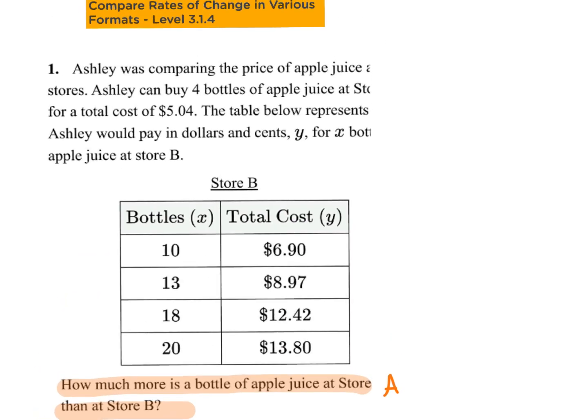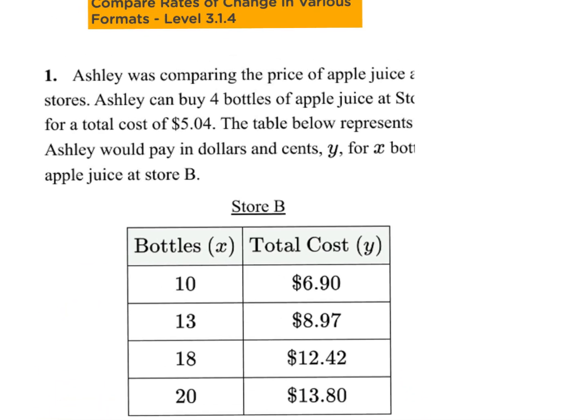So if I look at store A, it tells me that she can buy 4 bottles of apple juice for a total cost of $5.04. So remember, your rate of change is going to be your Y value over your X value. We know that the dependent variable is going to be the cost, because the cost depends on how many bottles you buy. And since it's 4 bottles for that, we'll do $5.04 divided by 4 is